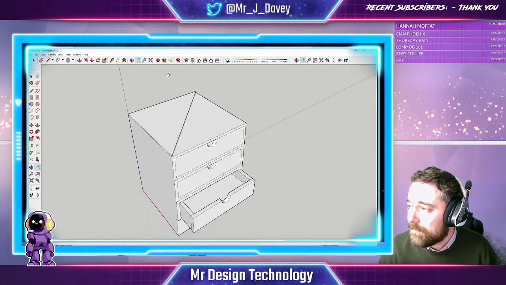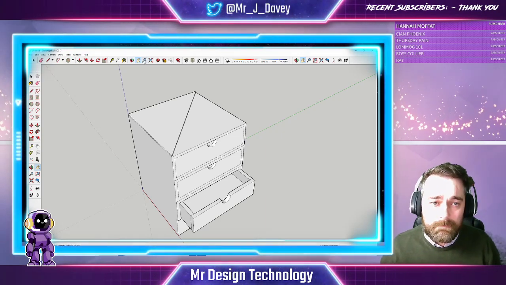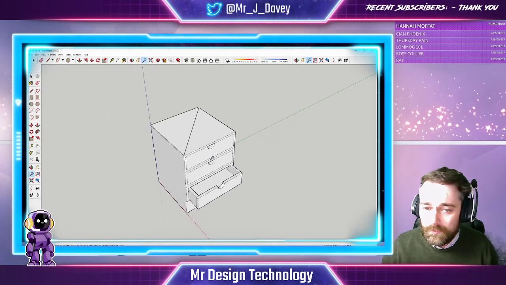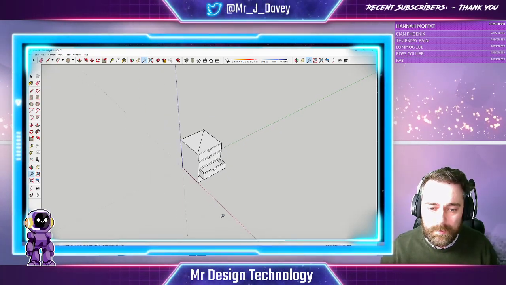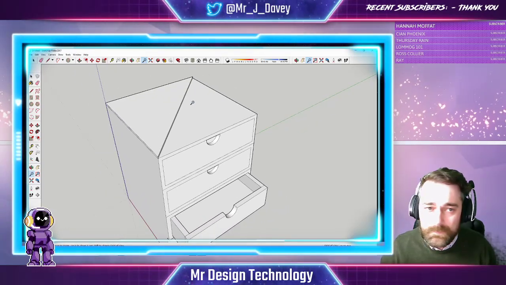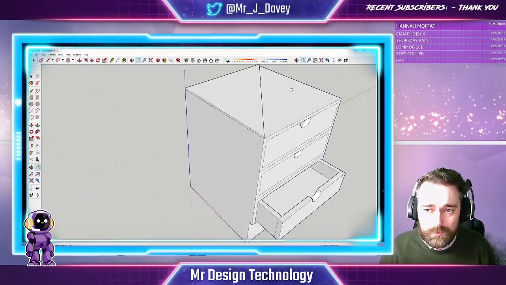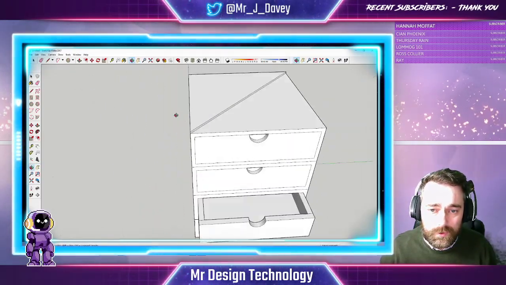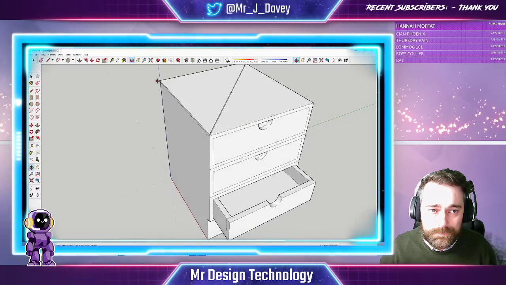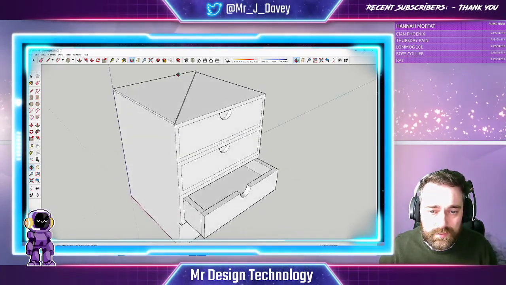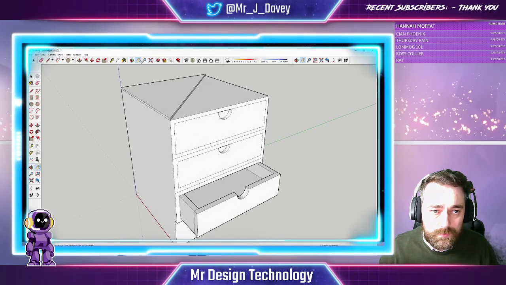So you'll see that I'm flicking from button to button here, going quite quick. All I've done there is use the zoom in and out tool, and I've dragged down on my mouse to zoom out, and I drag up on my mouse to zoom in whilst I've got my button clicked down. And I've used the pan tool to move left to right so I can see a better angle. I could also use the orbit tool to rotate round, like that. Okay, so now I've got that little extra detail added there. I'm going to zoom out,